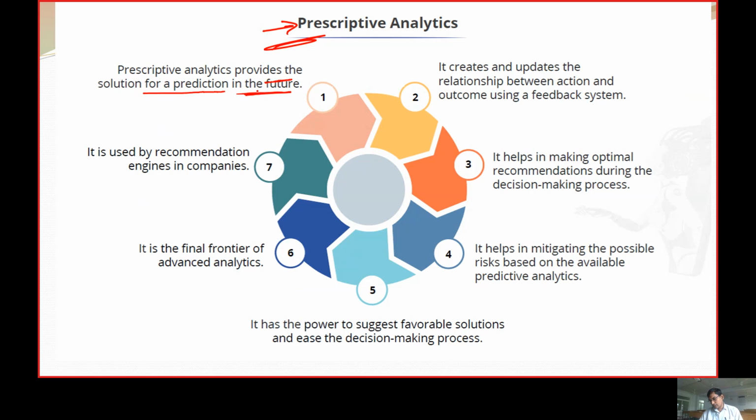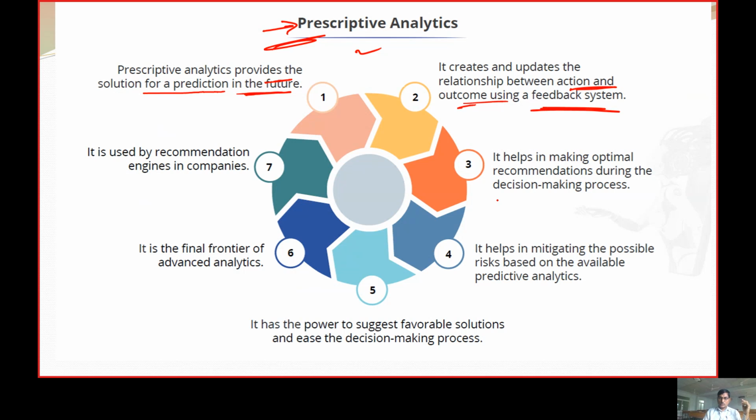We have taken the decision about what will happen next, but it still provides very effective solutions for the predictions which will happen in the future. The second thing is that it provides a feedback system, giving a relationship between actions and outcomes. Based upon the previous content, you have taken a decision, and whether the decision was strong and had an effective outcome or not, a feedback mechanism is supported. That is where prescriptive analysis has its play over the data.